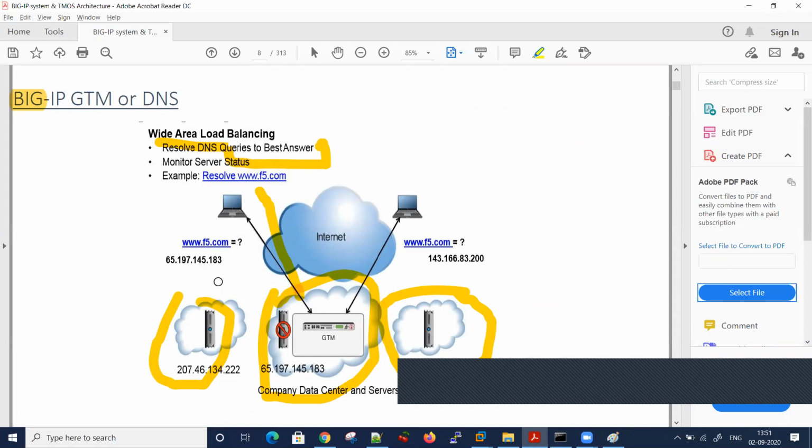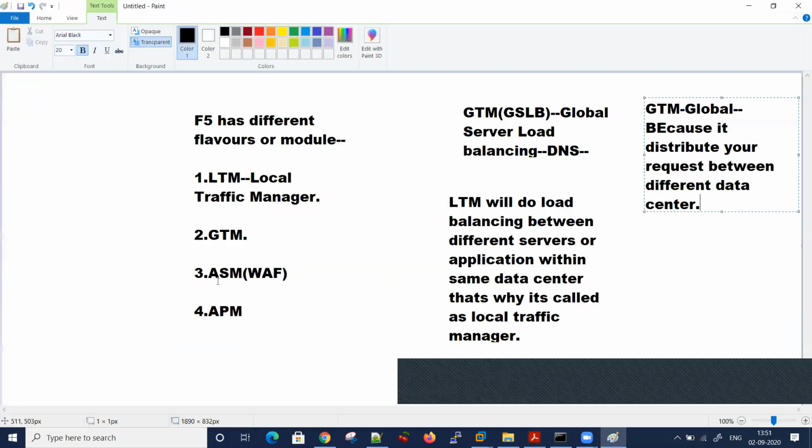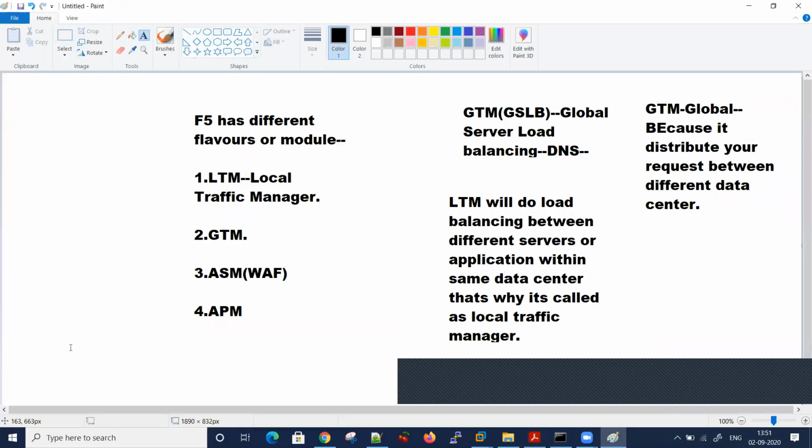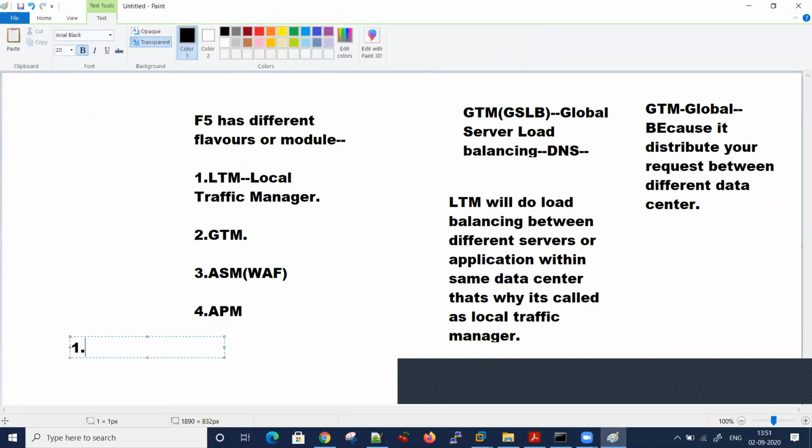If I put it in one phrase, please correct me if I'm wrong: with GTM, the first packet is always DNS. So GTM is like load balancing of DNS. Your servers can be globally anywhere. Once the DNS is resolved, your traffic starts, which is the three-way handshake, and then it will go to LTM. Basically, the request will come to the listener IP, and the listener IP is your name server IP.